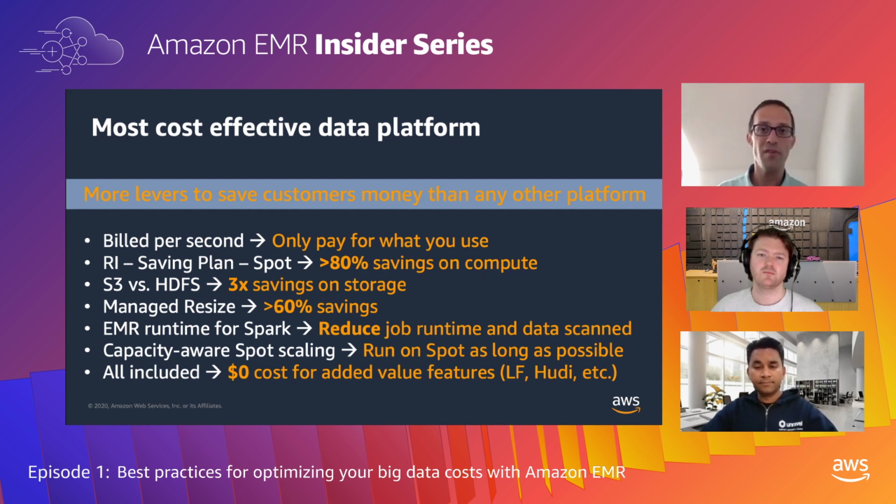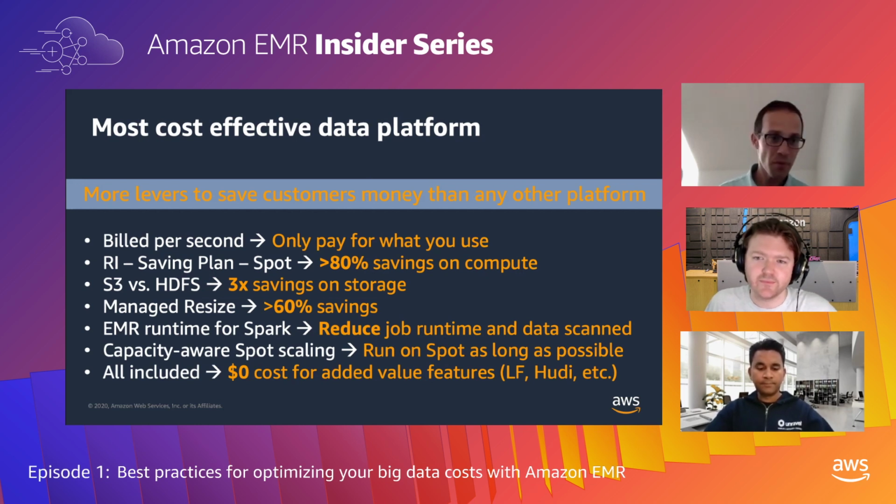From a compute perspective, we have a number of different cost discounts that we can provide. RIs, those are reserved instances that you can purchase up front and get a big discount on. Savings plan, right? It's another great way to say, hey, this is the instance family I want to use, I want to get a big discount on them. You can get it through the savings plan program. Spot, we talked about. So we're talking about putting these things together. The compute aspect of it, we can save you a ton of money.